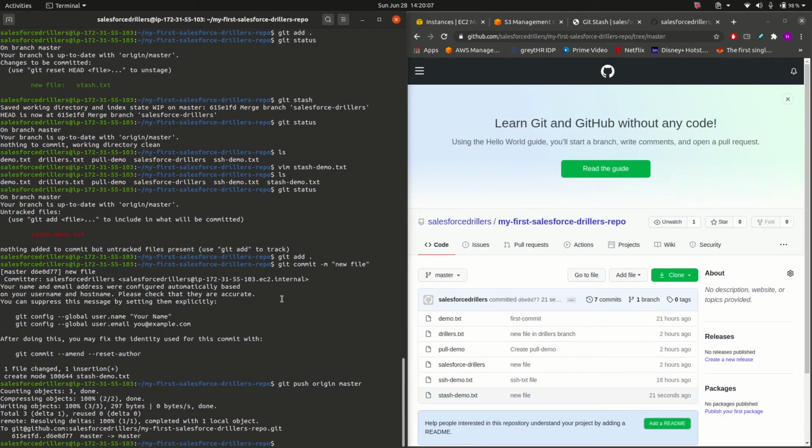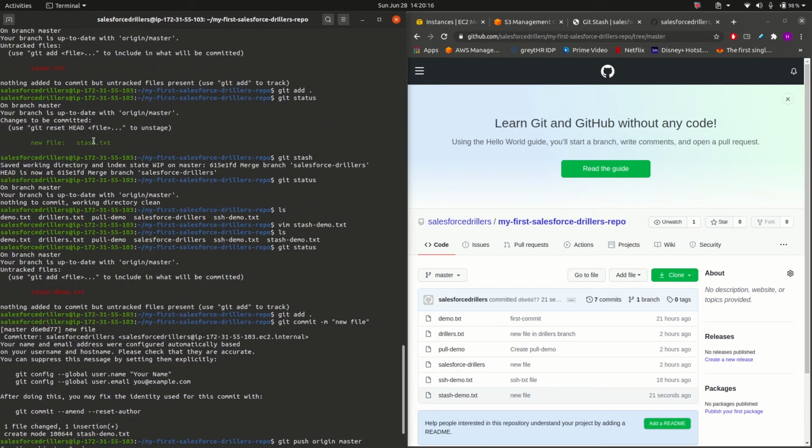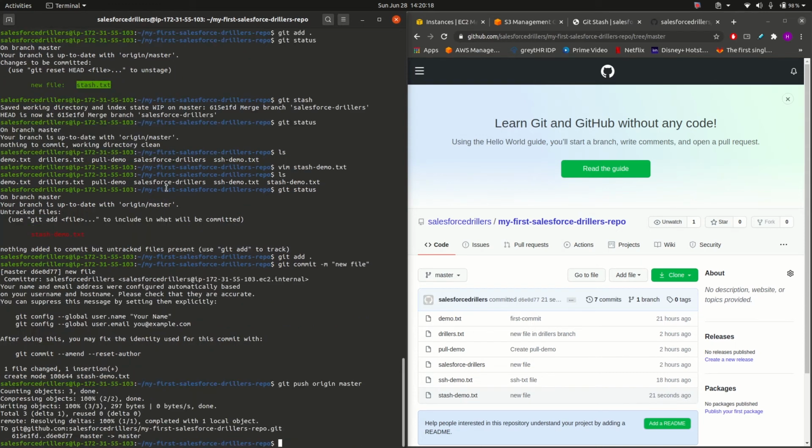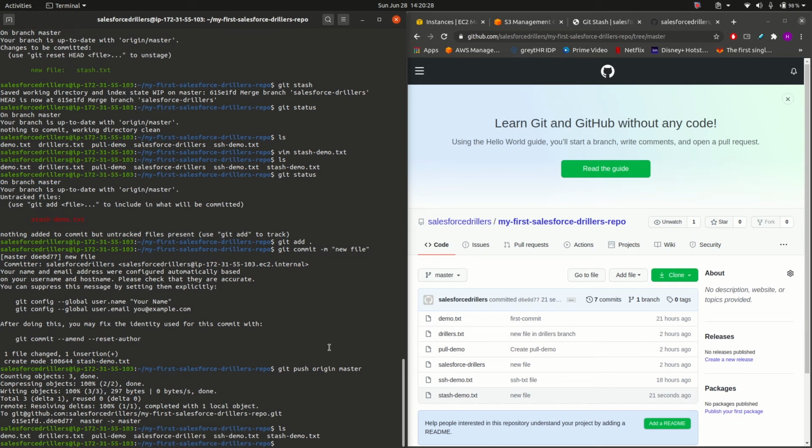This was the new file. Now we have used git stash to hide our file stash.txt. Now suppose the scenario comes that right now I want my stash.txt file to be committed and pushed to my remote repository. If I do ls, it will show me that the stash.txt file is not here. This is the newly created file. So let us do git stash